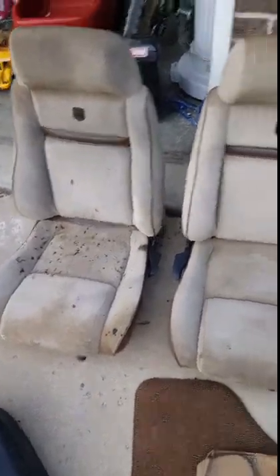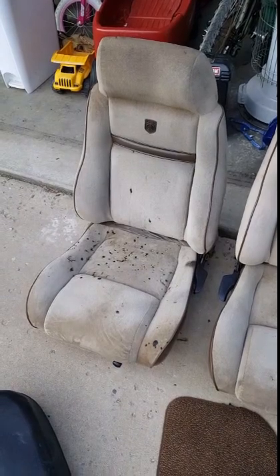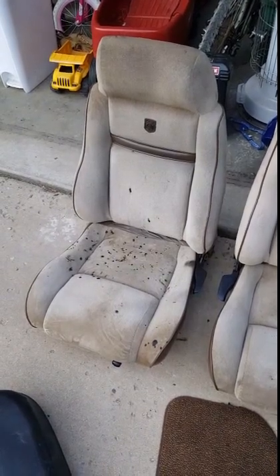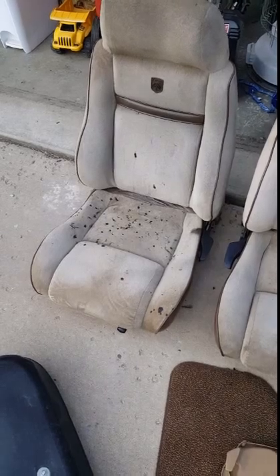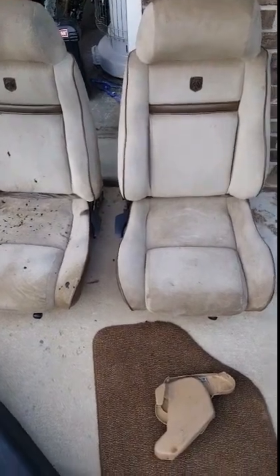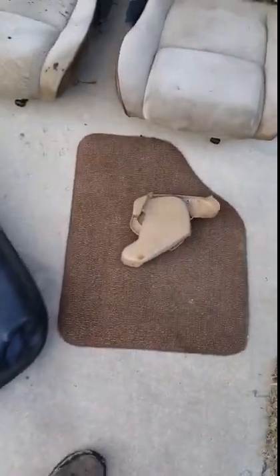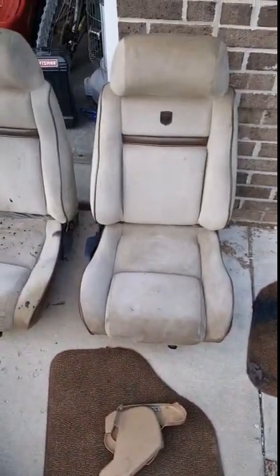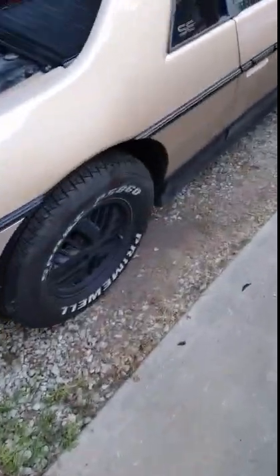So I don't know if it's going to be in the budget to do anything about the seats right away other than get them clean, but I'll probably be searching for an inexpensive way to put some new seat covers on these, or see if I can live with them the way they are. But passenger carpet is in great shape. Passenger seat is in okay shape,